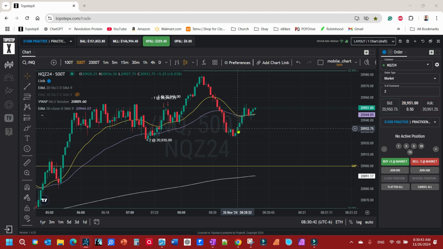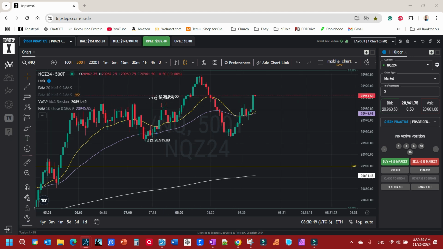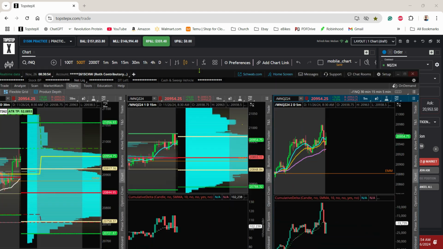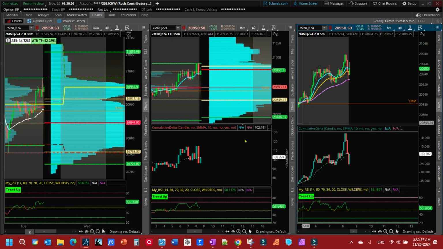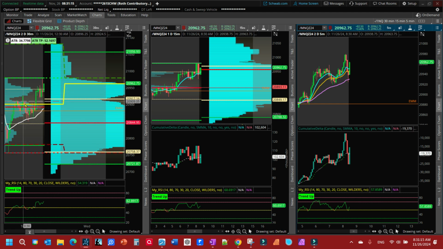Now the market just opened, so I'm going to let it shake out for a little bit. And I'm looking for it to hit something maybe over here on the volume profile. I'm hoping it will come back down here and allow me to find an entry there at yesterday's value area high, or possibly yesterday's close, which is this yellow one. If not, I'm not going to wait a whole long time, but I'm only interested in trading at levels,